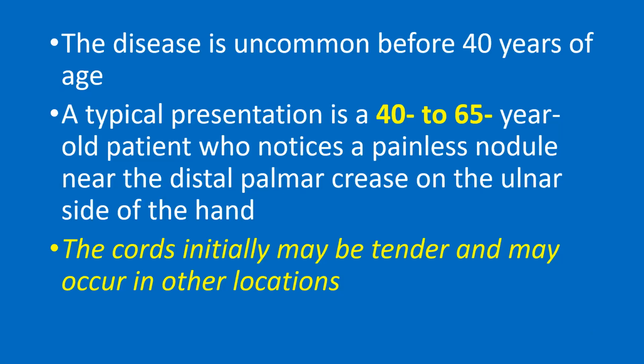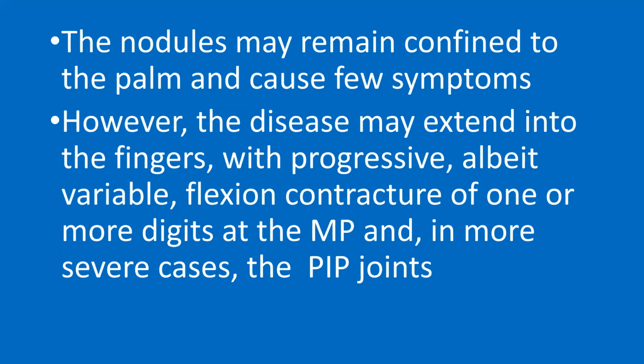The disease is uncommon before 40 years of age. A typical presentation is a 40 to 65-year-old patient who notices a painless nodule near the distal palmar crease on the ulnar side of the hand. The cords initially may be tender and may occur in other locations. The nodules may remain confined to the palm and cause few symptoms. However, the disease may extend into the fingers with progressive, albeit variable, flexion contracture of one